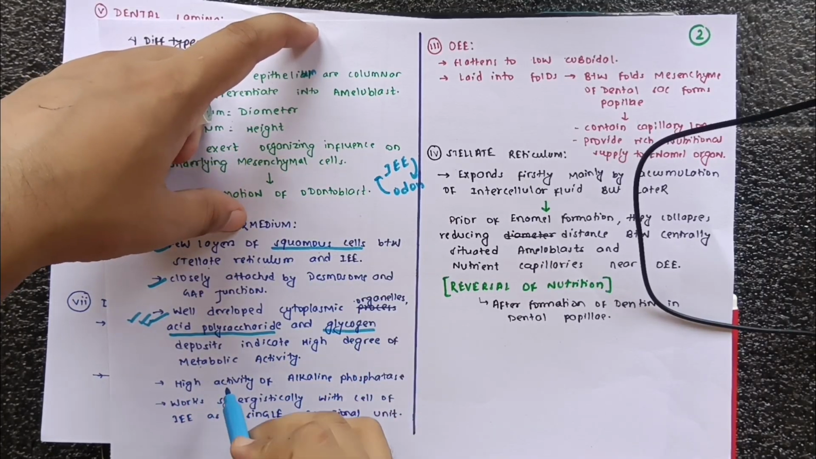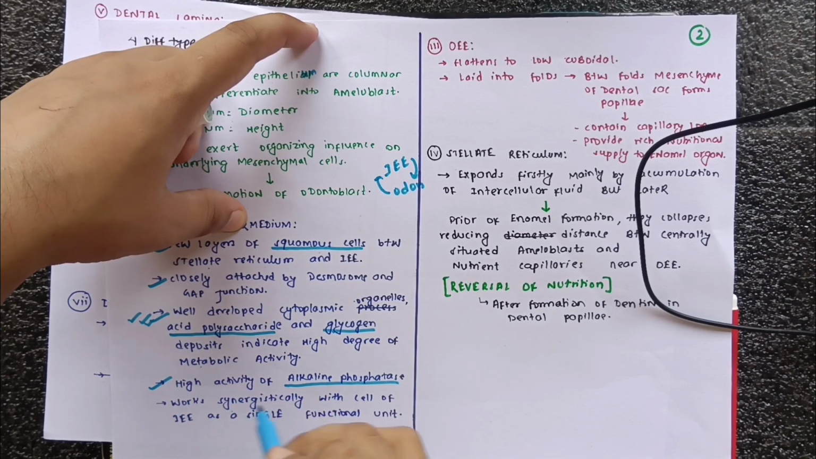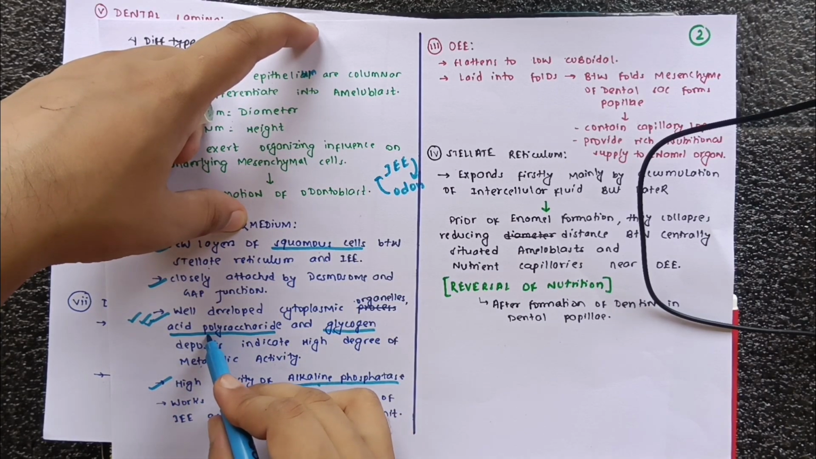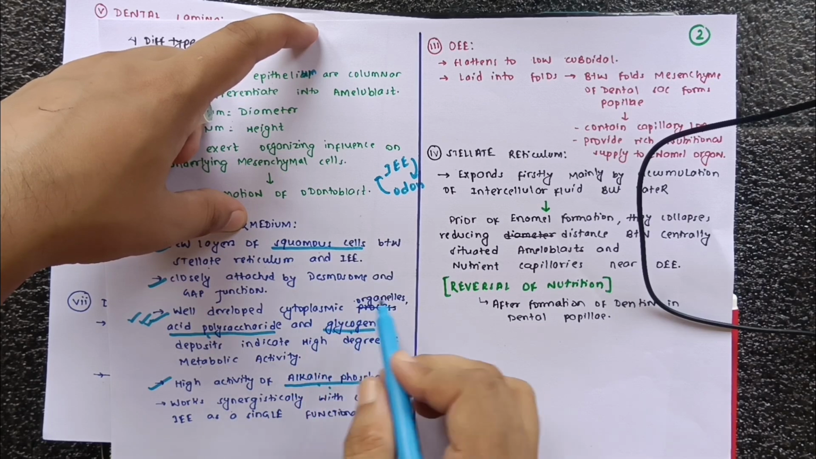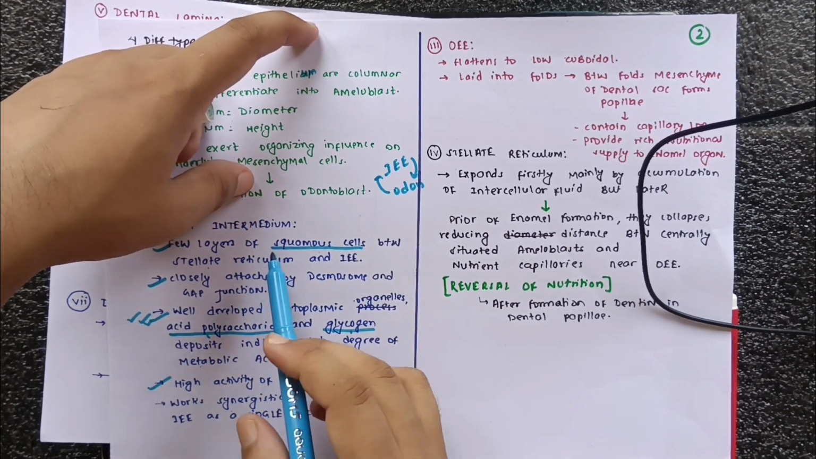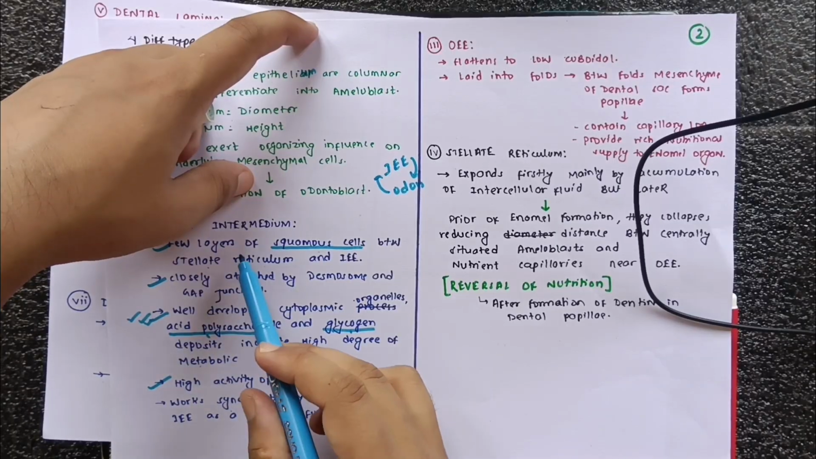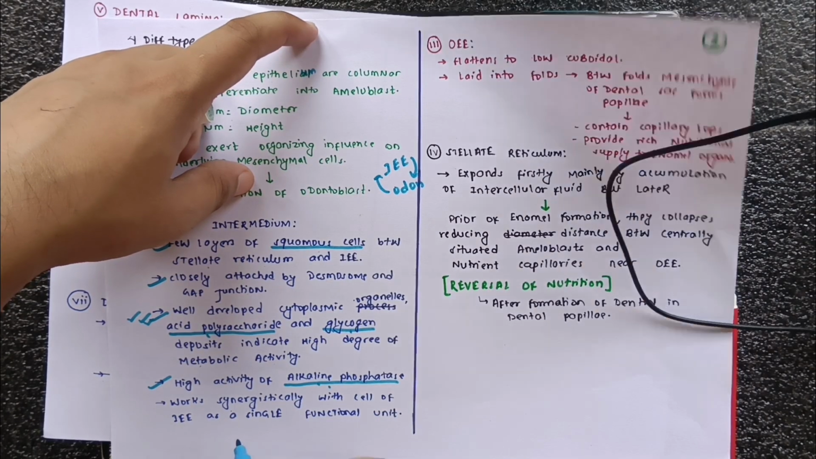There is also high activity of alkaline phosphatase. You should remember these points. Acid polysaccharides, alkaline phosphatase, glycogen and well developed cytoplasmic organelles are present in the stratum intermedium layer, and this point is very important for this topic. You should remember this, and it works synergistically with the cells of the inner enamel epithelium as a single